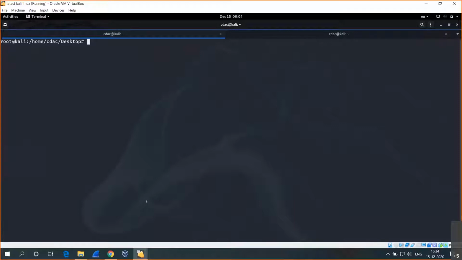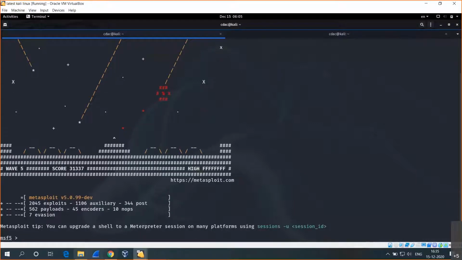So for that, we'll launch Metasploit by using the command called msfconsole. Now what I will do is I will use the auxiliary port scanning.